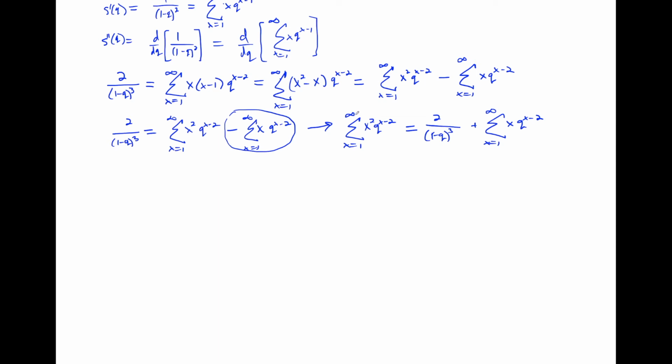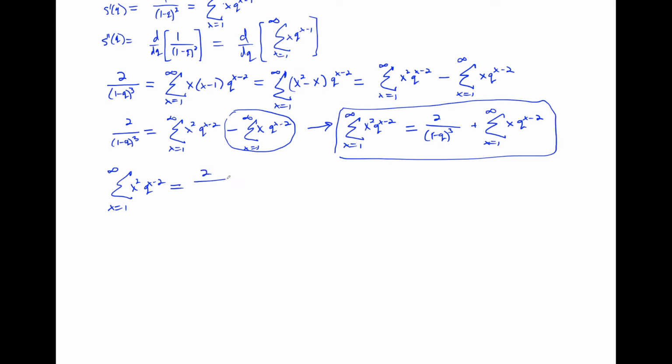We can further reduce. Let's further reduce it first. So we have this expression, and we're going to take this expression and manipulate it a little bit and come up with a much simpler version of this term. So let's do that. We have our infinite sum, x goes from 1 to infinity, x squared q to the x minus 2 is equal to, we have 2 upon 1 minus q, quantity cubed, plus, now when we